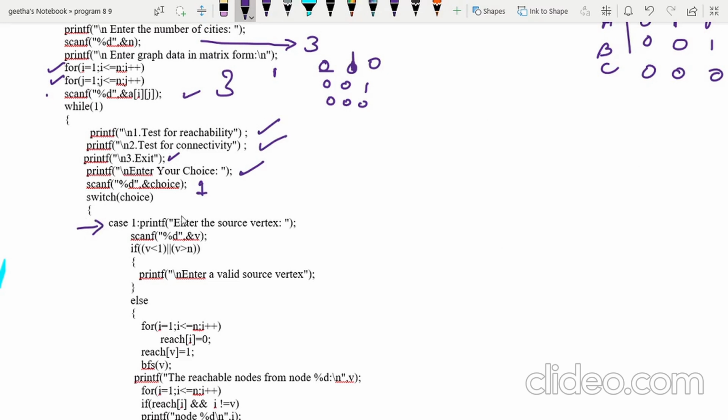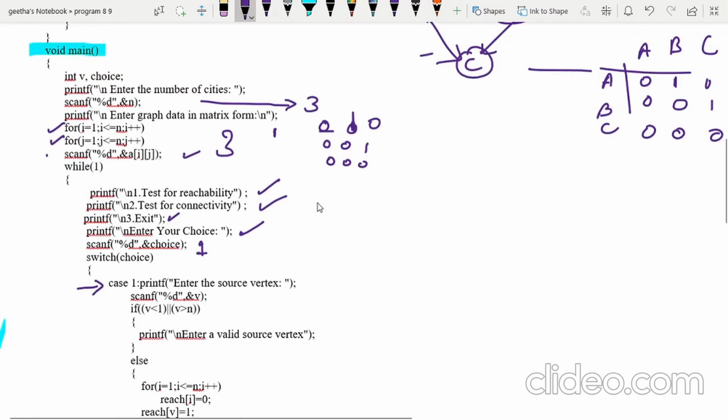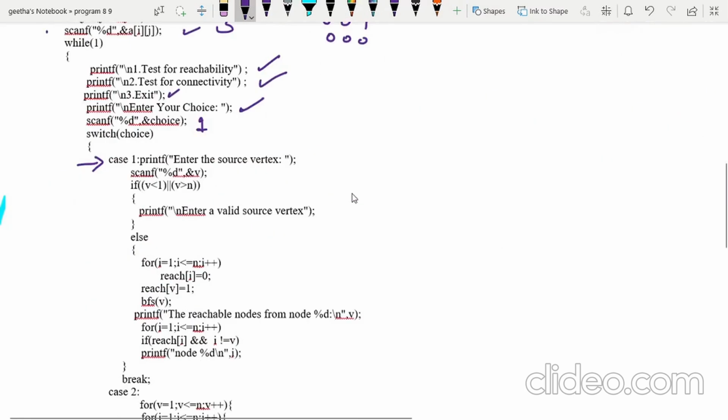Here in case 1, what are you going to do? You are supposed to enter the source vertex.